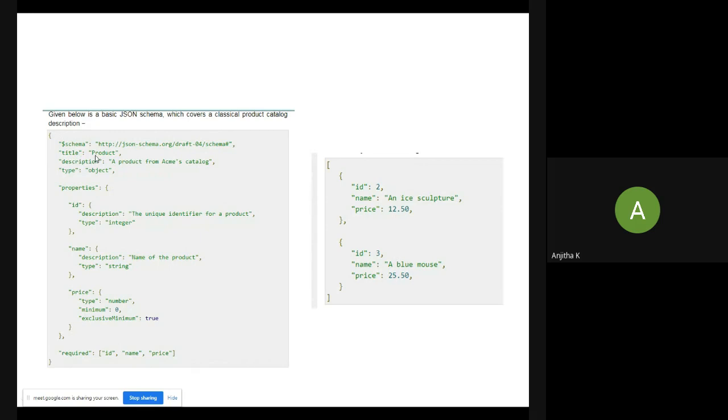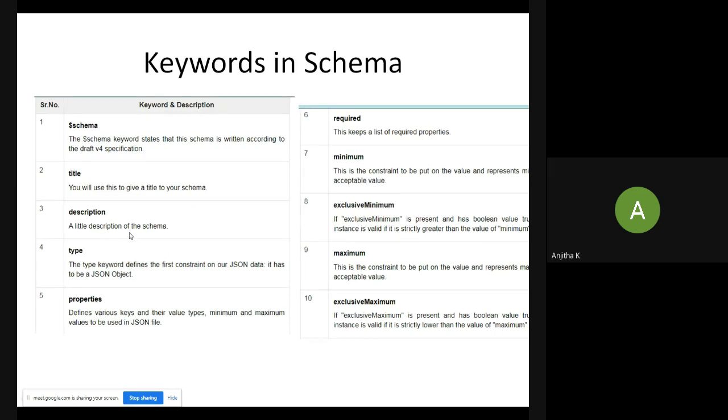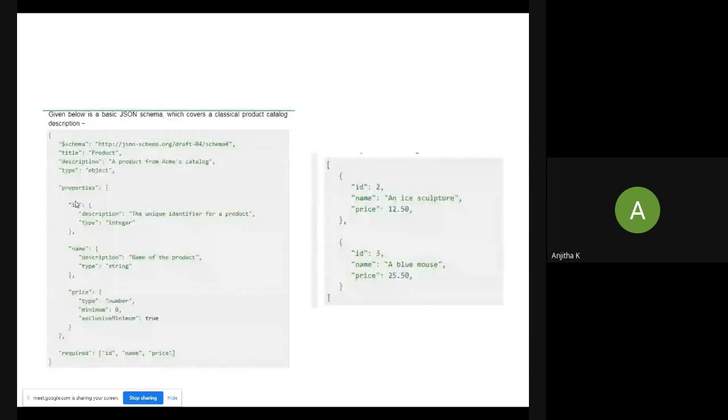Next you can provide the title, the title for the JSON document. Then description, which means a little description of the schema. Then type, which is normally considered as object. Each keyword will be separated by a comma. See, you have defined $schema, comma, title with the value you have given, comma, description, then comma, type object,